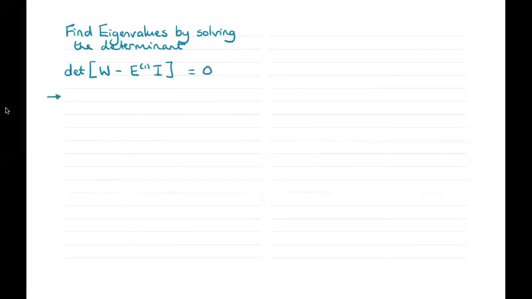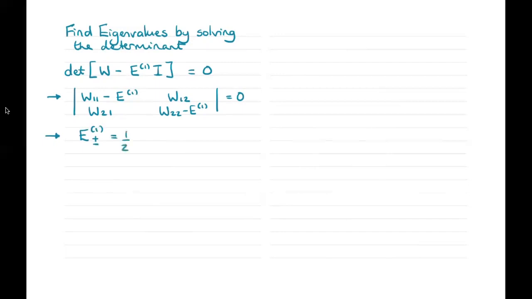Then we see straightforwardly that we have W11 minus E1, W12, W21, W22 minus E1 is equal to 0,